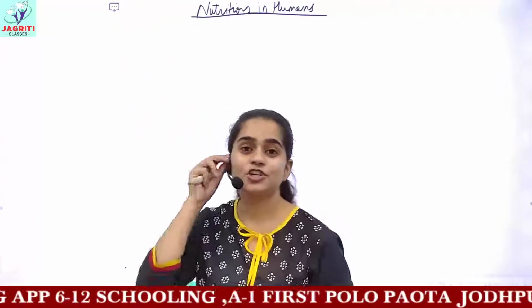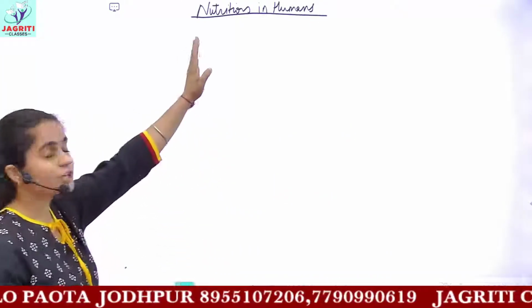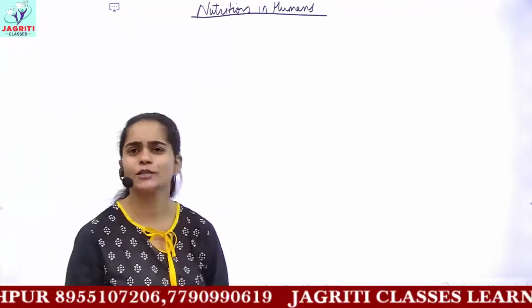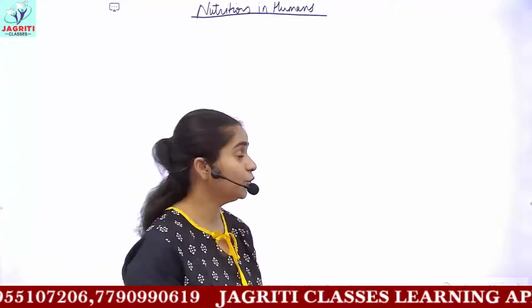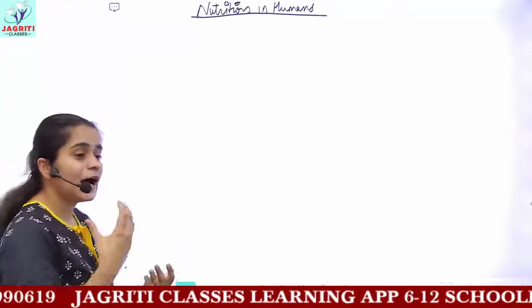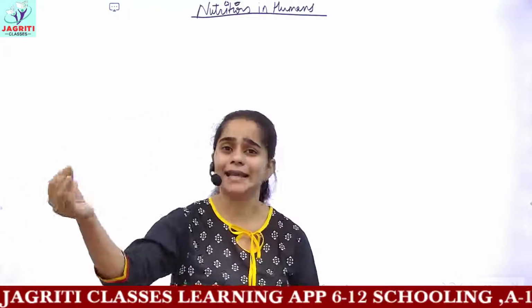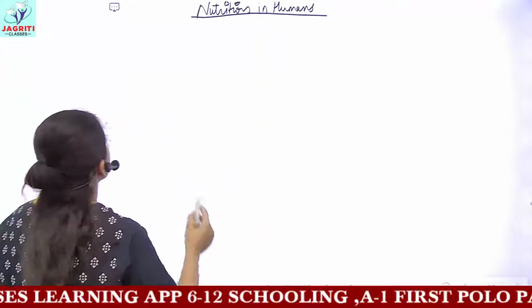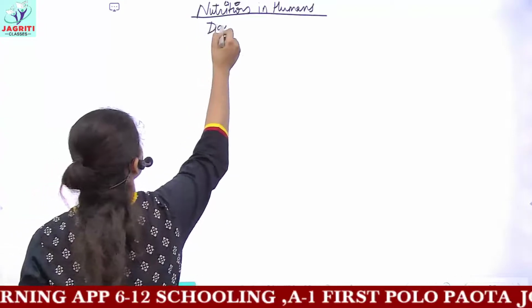So the type of nutrition shown by humans is heterotrophic. We all know heterotrophic means we are dependent on others for getting our food. We are dependent on other plants and animals. So the mode of nutrition in humans would be heterotrophic, and humans could be called omnivores because they feed on animals and plants both. Now you have to study how the food from whatever sources you are getting is digested in your body. So we are dealing with the digestive system